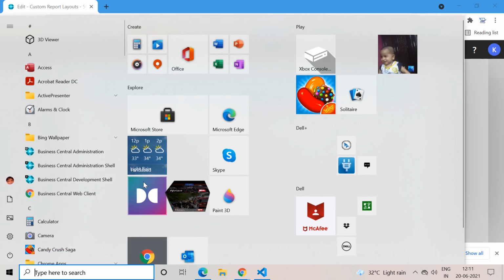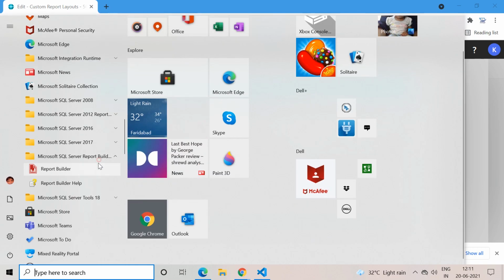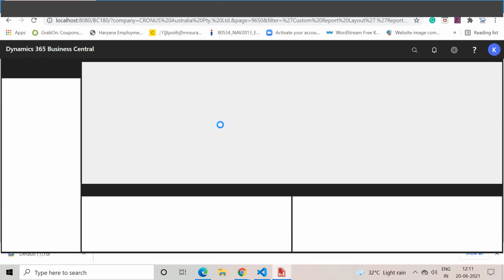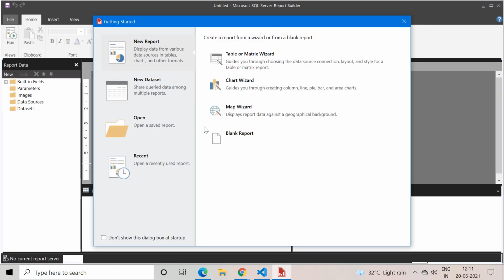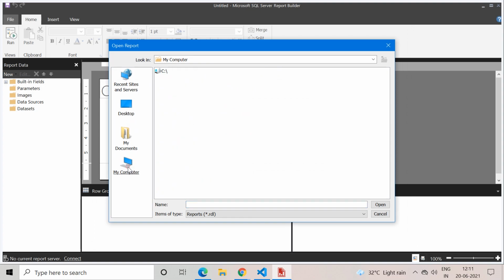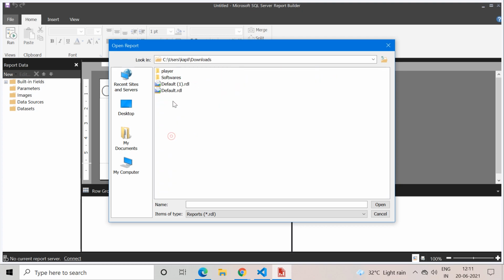So we will open up this layout through Microsoft SQL Server Report Builder. Click on open and go to my computer, C drive, users, couple, downloads, and we have this default one, RDA.